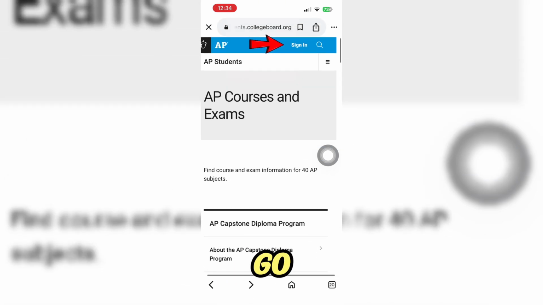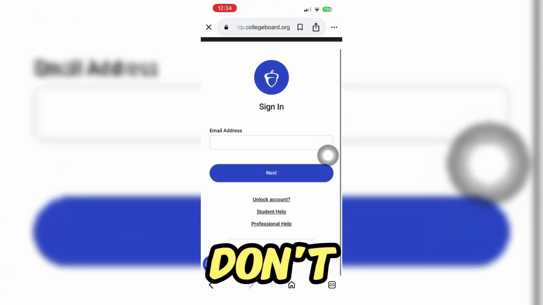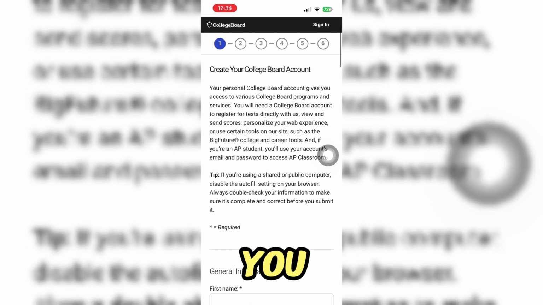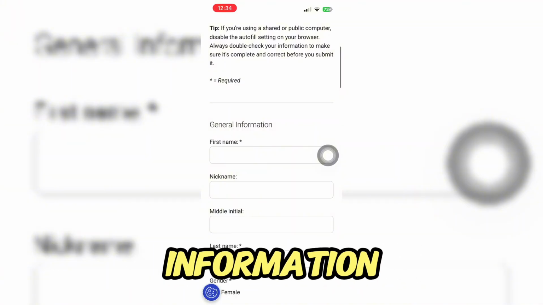If not, you can just go ahead and click on the sign in option once again, and then below you will see there "Don't have an account? Create an account." Click on that. Afterwards, you have to create your College Board account wherein you have to fill in the necessary information such as